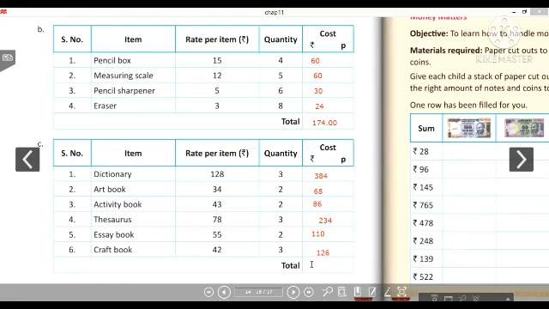So now what is the total amount? We have to add all these amounts जैसा कि अभी तक हमने किया है. So 384 plus 68 plus 86 plus 234 plus 110 plus 126 is equal to 1008. So we will write here 1008.00. Okay, because there is no paisa. Fine, children.